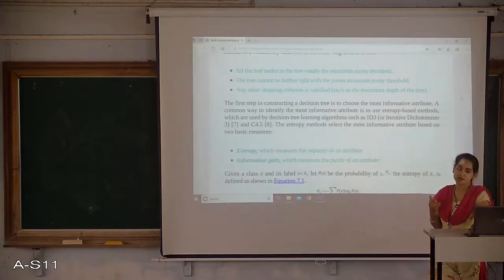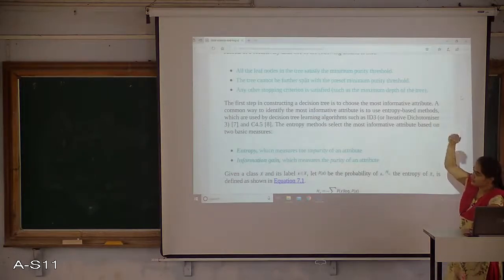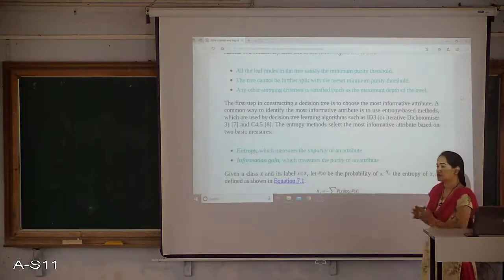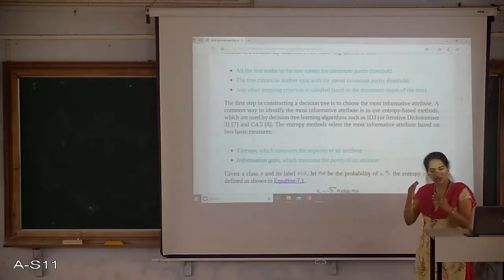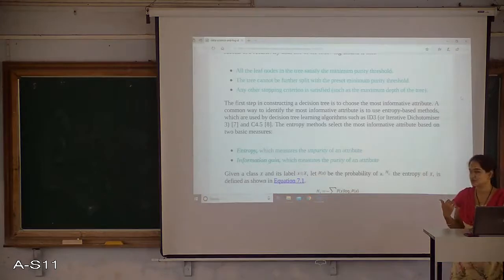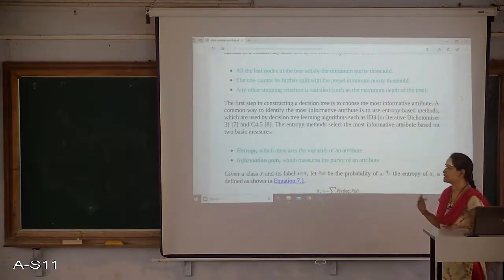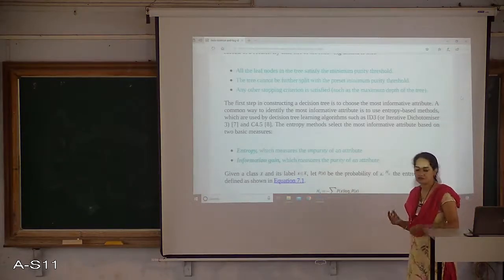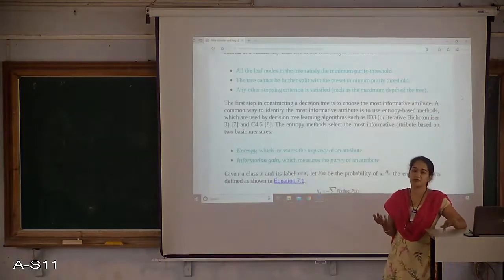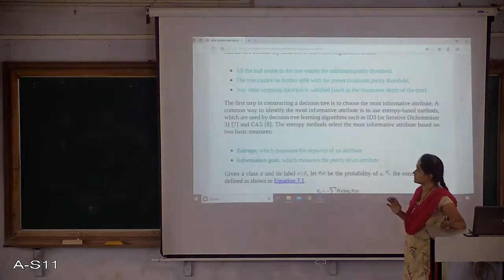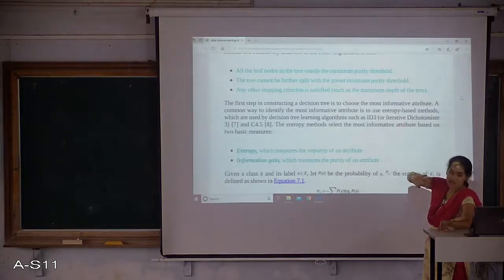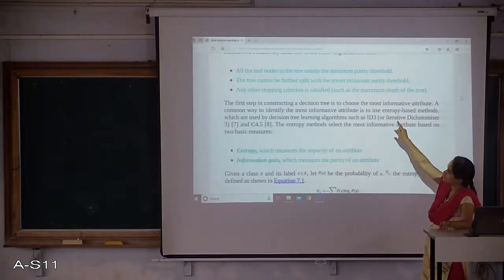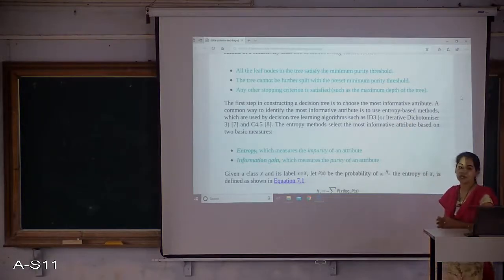When we split the tree, we have to apply some criteria to stop the extension or splitting of the tree, right? If you don't stop it, it may go on infinitely and your algorithm or model may not be an efficient one. So we apply some criteria to stop, that is, a leaf node if it satisfies the minimum purity threshold.